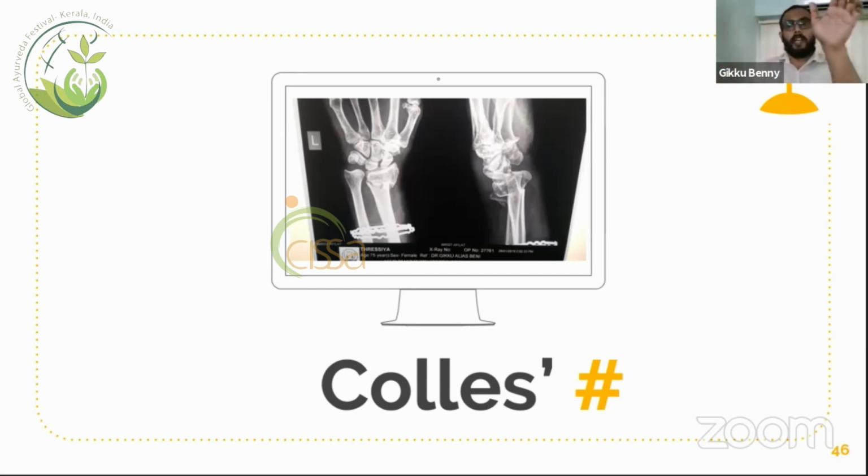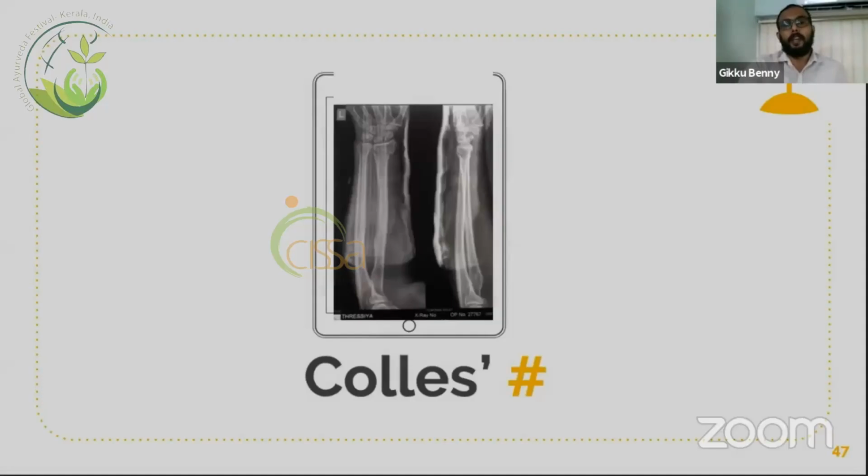The dorsal displacement or posterior displacement should be corrected with the thenar eminence of the doctor, along with supporting of the proximal fragment. After supporting the proximal fragment with one hand, using the thenar eminence of the other hand the dorsal or posterior displacement should be corrected. We should also apply a posterior cast and anterior aluminum splint for a period of 6 weeks ideally, but after 4 weeks, if there is absence of tenderness, we can remove the bandage and start early rehabilitation. If the patient's age is more, it is better to go for early rehabilitation to maintain the movements.